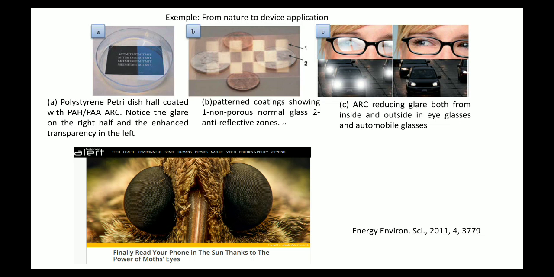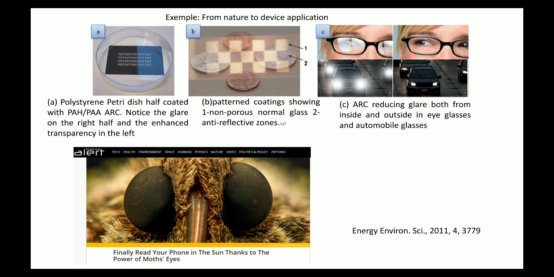Okay, you can see on the left hand side image, if you are inside a car, and if you are especially driving in the night, you realize that a lot of light directly enters our eyes and we are not able to see what is on the other side of this light. So our vision gets down.